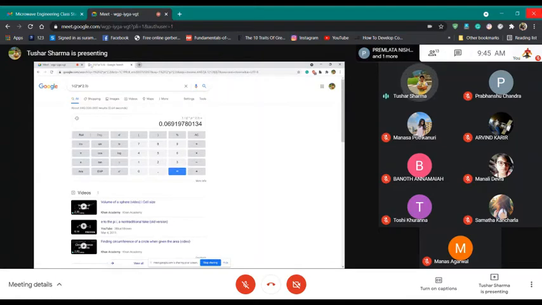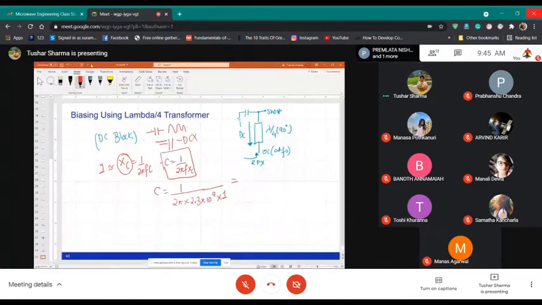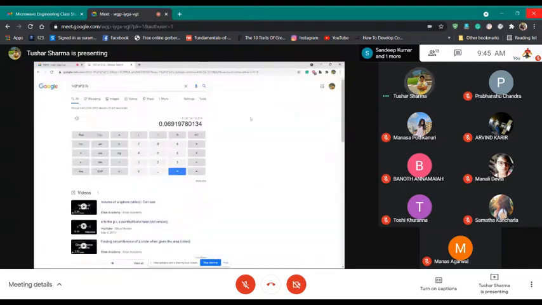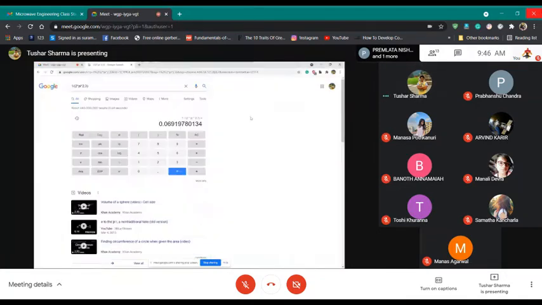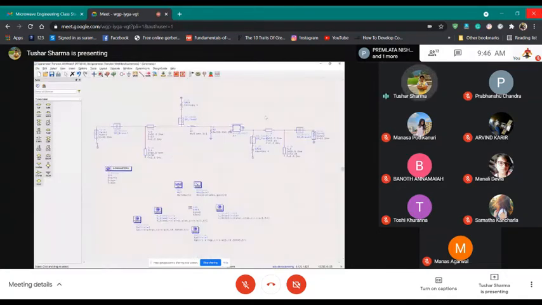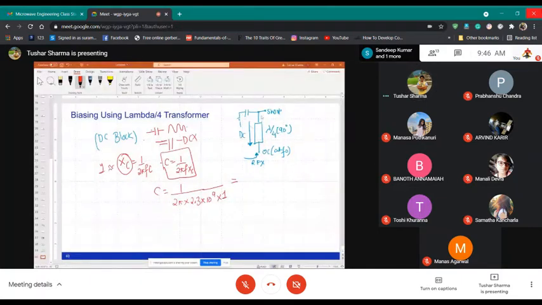So 0.069, which is nothing but 0.069 into 10 to the power minus 9, right? Which is equal to, if I take 3 more zeros here, 69 picofarad.